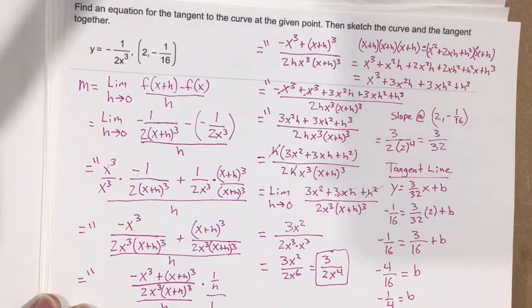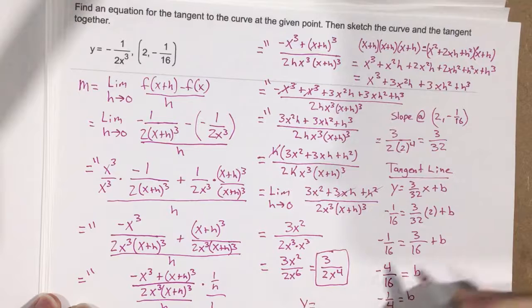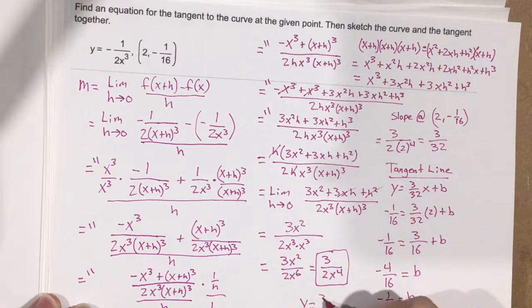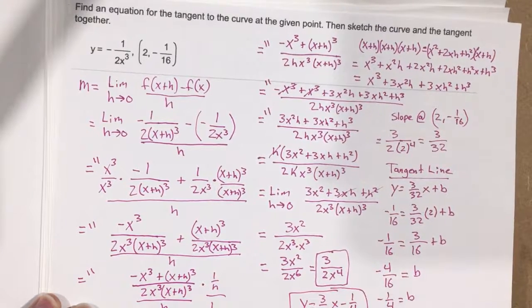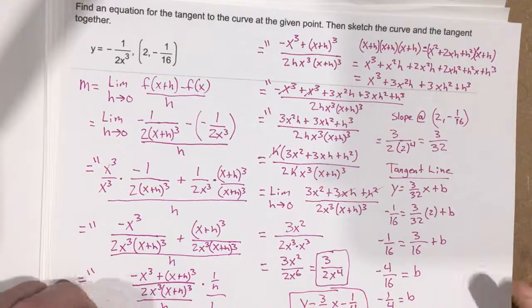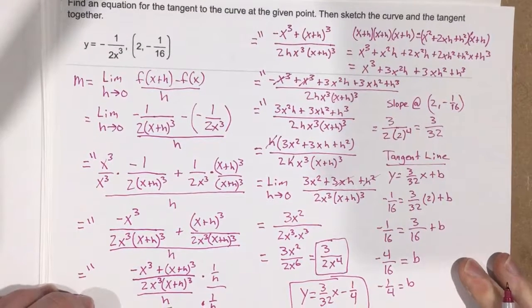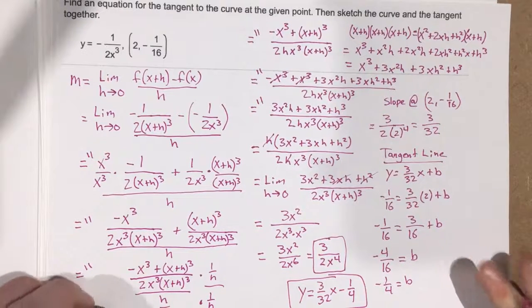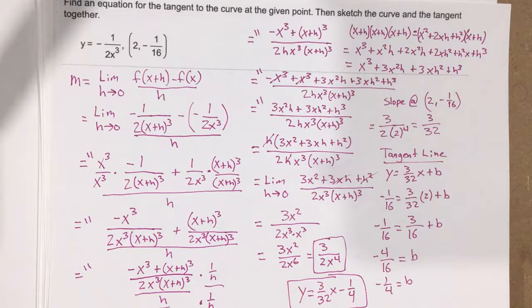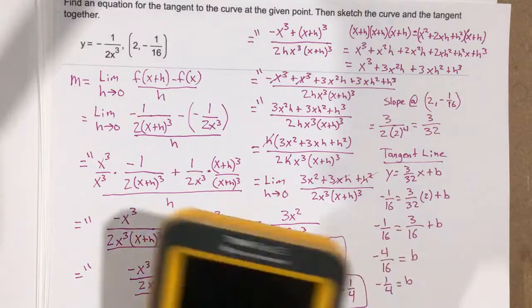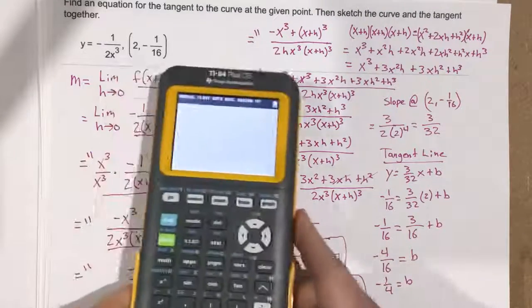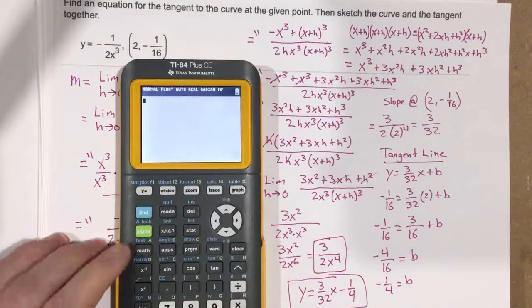And so we end up with, go ahead and write it right here, y equals 3 over 32 x minus 1/4. That's the tangent line. Now, they want us to sketch the curve. So if they want us to sketch this curve, we're going to use our graphing calculator to do this. So let's go to y equals,